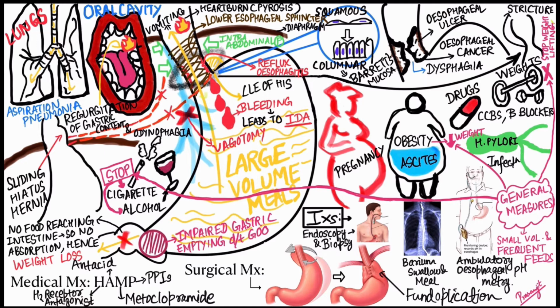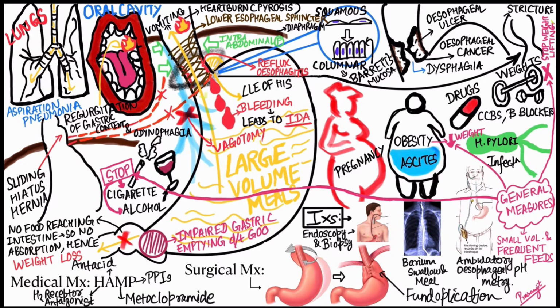So, gastroesophageal reflux disease is defined as the complications which occur because of the reflux of the gastric content into the esophagus and from there into the mouth and oral cavity and then into the lungs. So, gastroesophageal reflux disease leads to reflux esophagitis. Okay, so reflux esophagitis is represented by the red areas which I have marked here. This occurs only when the mucosal defense is not able to counteract the acid reflux. So, reflux esophagitis is an outcome of gastroesophageal reflux.